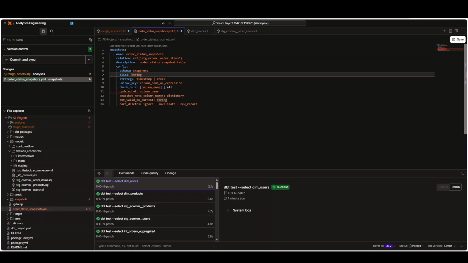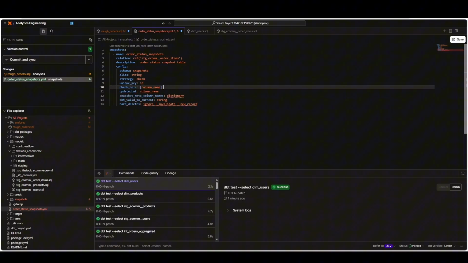Then we have alias. Then we have the strategy, which we're going to be using check. Then unique key. Our unique key is going to be ID. Then the next thing is the check columns. So the all simply means if you want to use all the columns as the columns to reference basically. So we're going to use ID, order ID, and finally order status. Cool. Then the next thing is the updated at, which we don't need because we only need that if we're using the timestamp